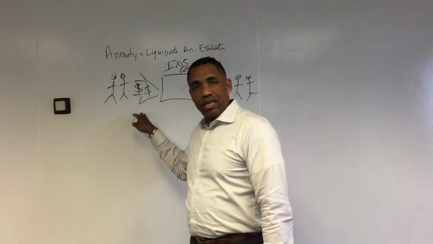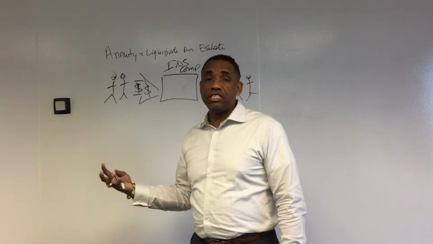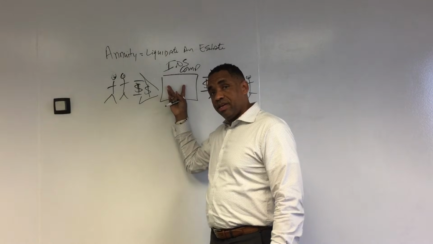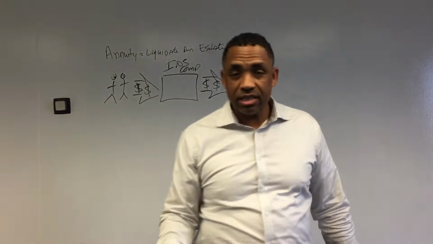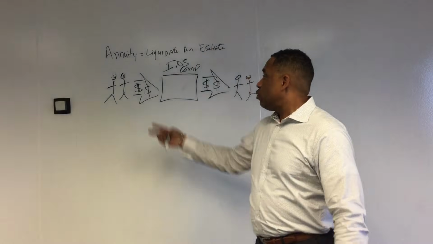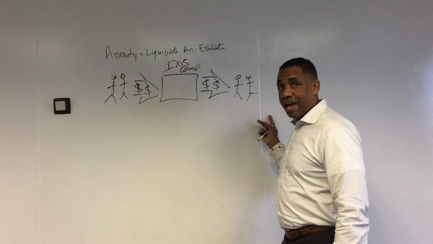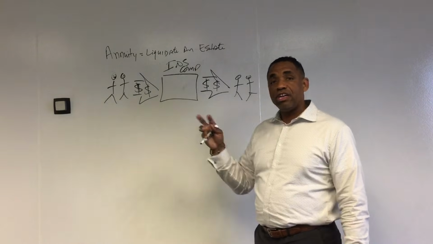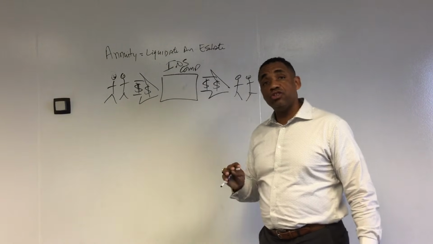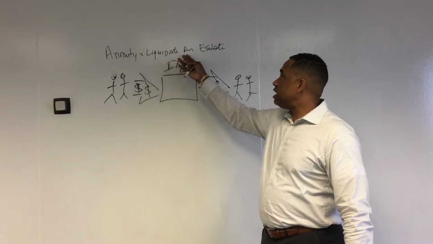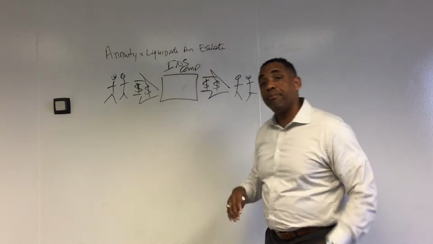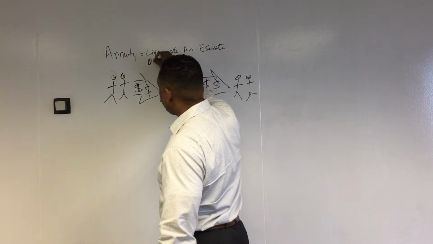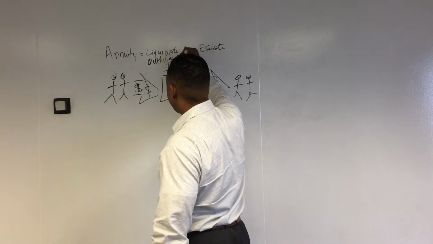If Jack and Jill put their money in the bank and start withdrawing it and living off of it, eventually it's going to be what? All gone. If Jack and Jill give their money to the insurance company, the insurance company says, based upon your life expectancy and the amount of interest you're going to earn, we can have this money last you the rest of your life, even beyond when you withdraw more than you put into the account. So they are guaranteeing you an income based on the money that you start with. The purpose of an annuity is to liquidate an estate, and it protects the annuitant, the person whose life expectancy they're using, from outliving their money.